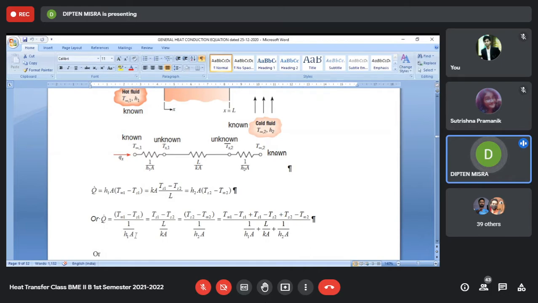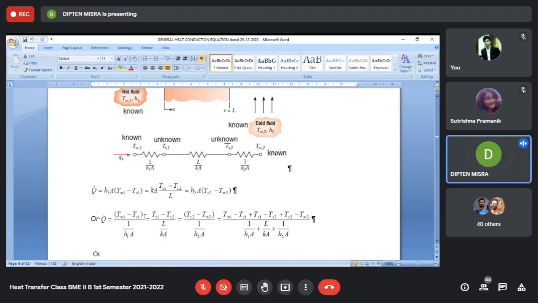So this is the convective resistance offered by the left side fluid, this is the conductive resistance offered by the wall, and then the third term, there is convection from the outer surface, the surface at x equal to L, to the cold fluid. Similarly, we can write it as delta T, the surface temperature of the wall Ts2 minus the free stream temperature, divided by the corresponding convective resistance given by 1 upon H2 into A.